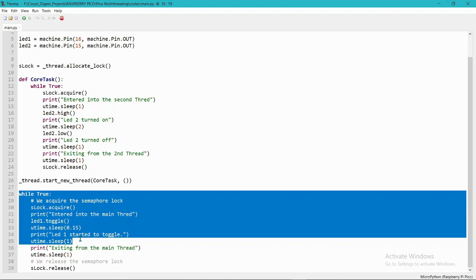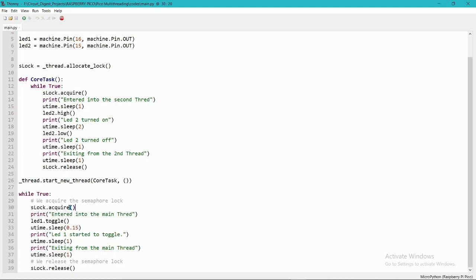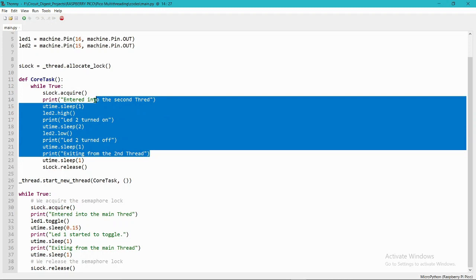Then we have another semaphore lock here to start this while loop, and it will keep running until this while loop is finished. I have printed out these lines so you can better understand.